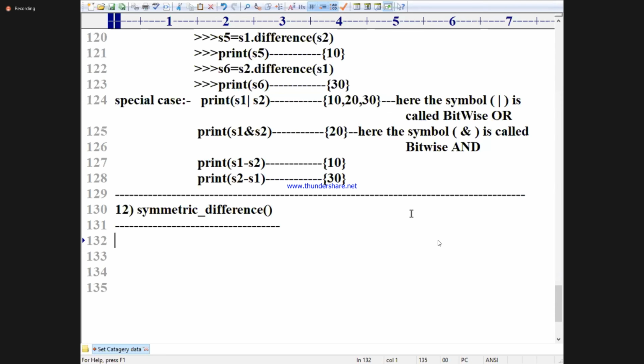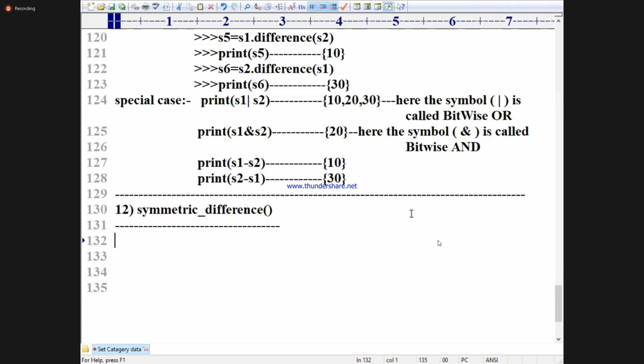Now, what does symmetric difference say? Remove the common elements and it gives the exclusive elements of set obj1 and set obj2, and puts them into the memory, not into one set. It is something like union only.